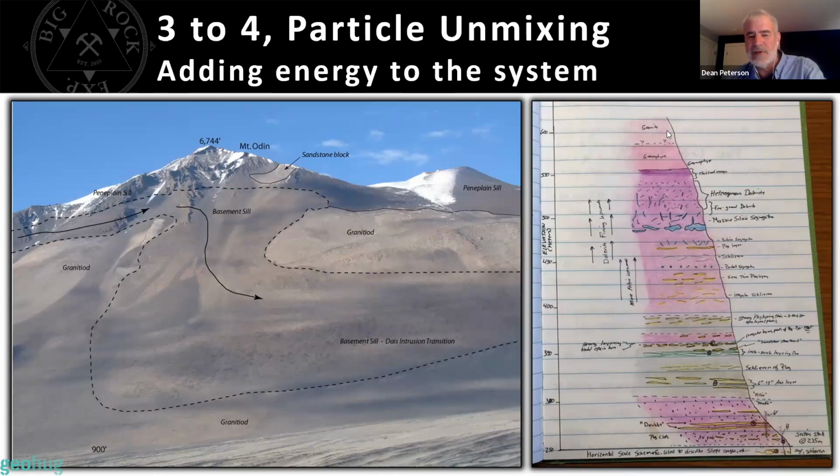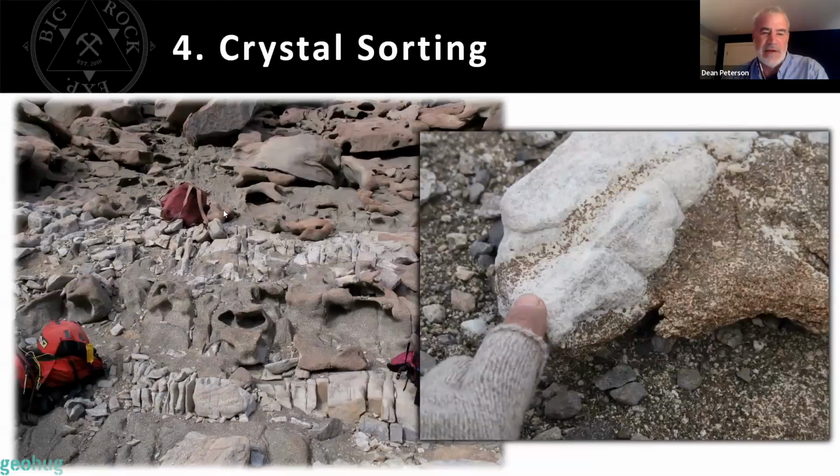It's not on this image right here, and we just walked up and mapped exactly what we saw, and all different kinds of things, right? And I have thousands of photos from here, so I could do a whole talk on just the dais if you really wanted to. It's very interesting, and things that we see in here, right? And it looks like this in the end. If you zoom in,